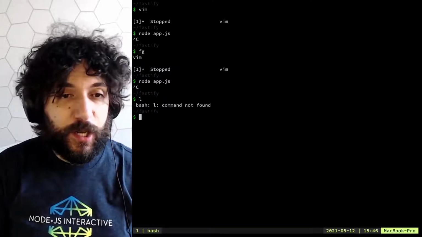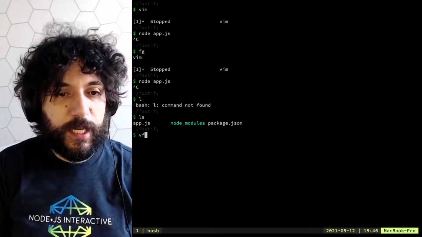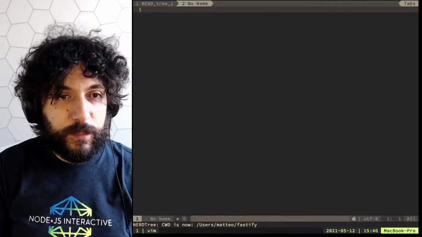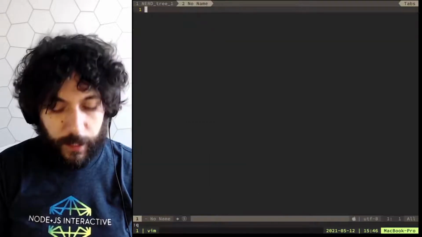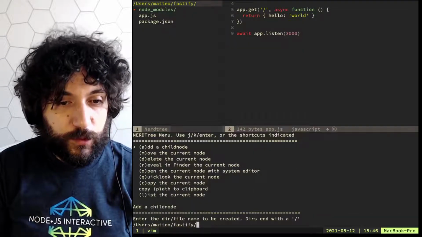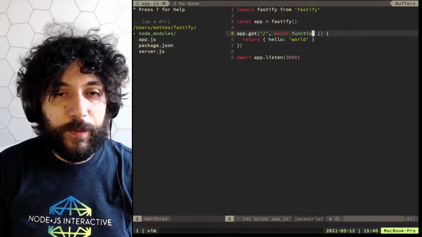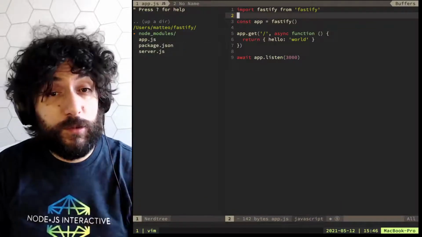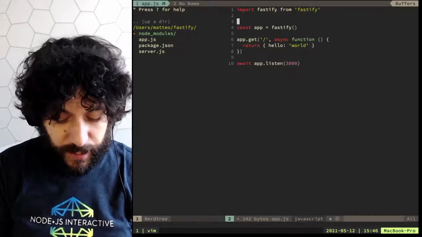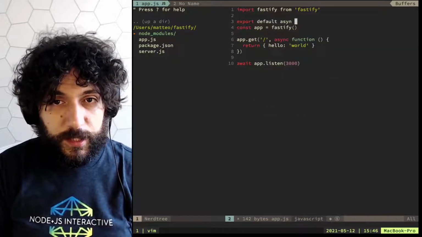Well, this app is not really reusable. So let's do this: we want to create another file called server.js. Now I want to split my app because, for example, I want to build it and reuse it for unit tests. So what I do in app is export default async function,